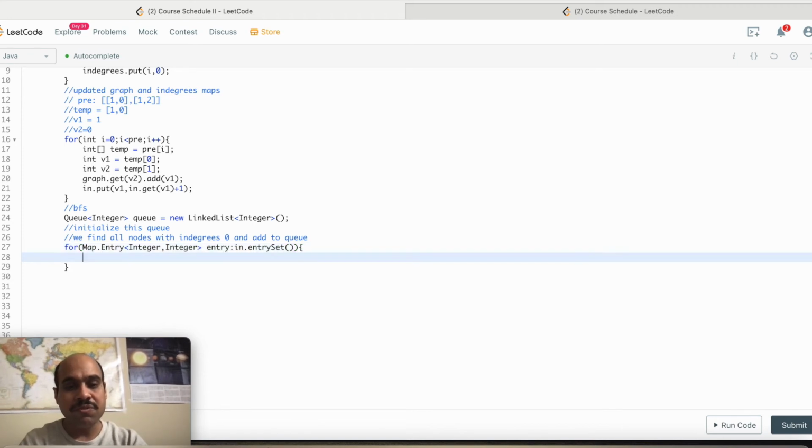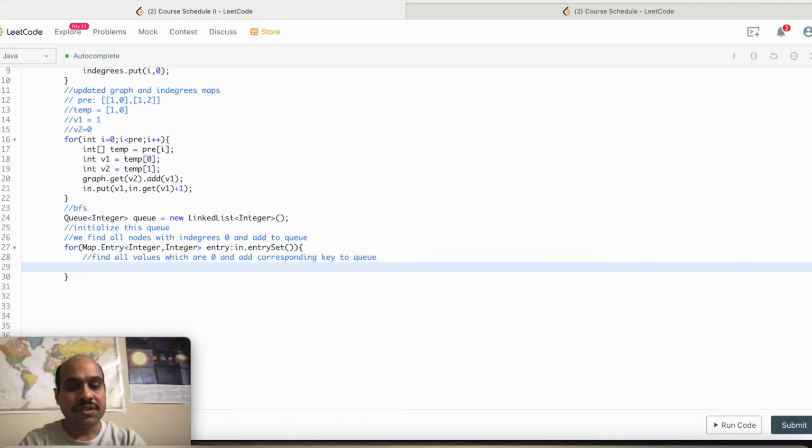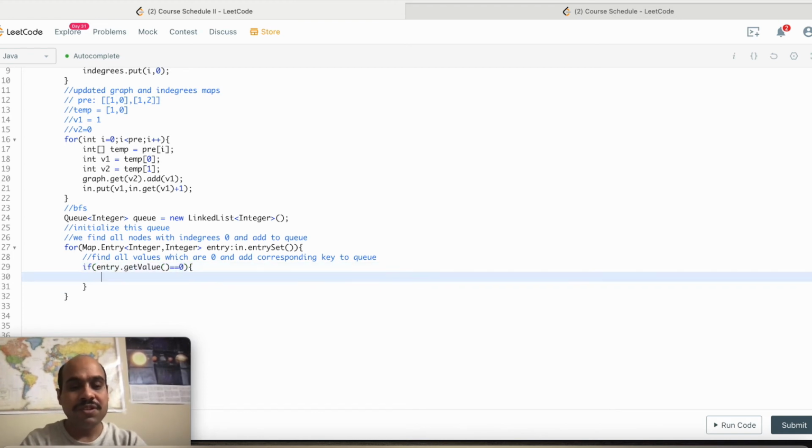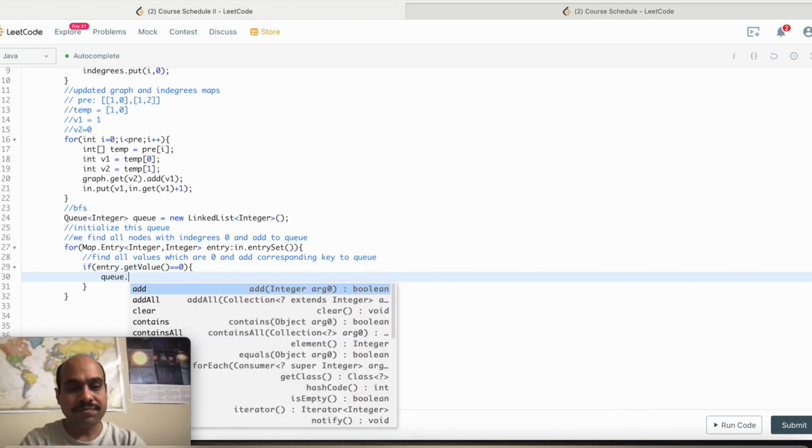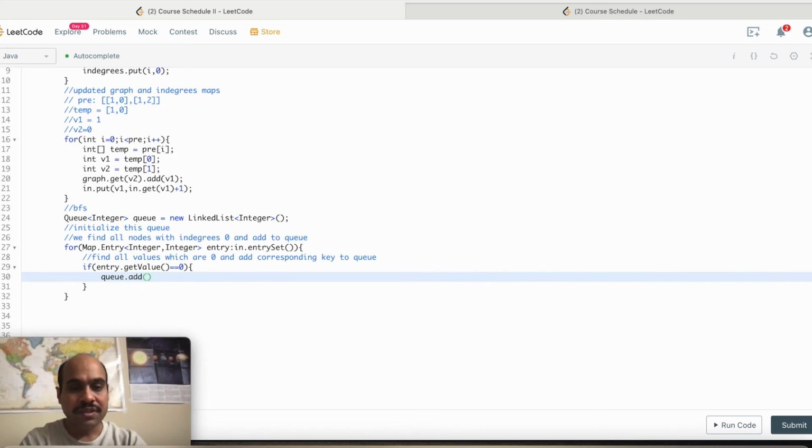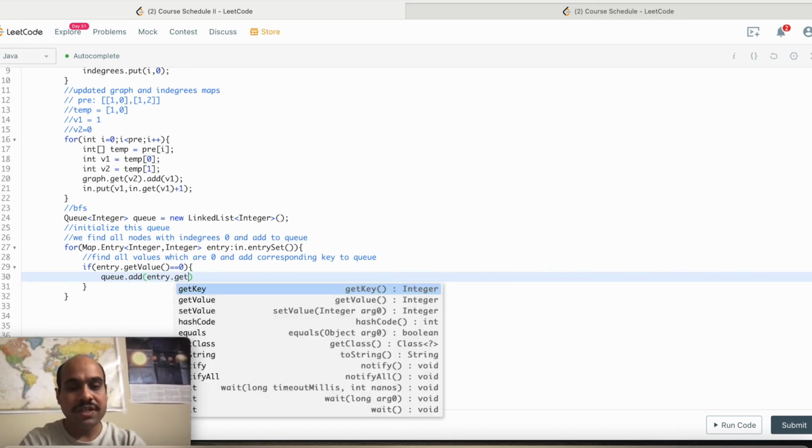So we will just loop through all key value pairs, and what we need to do is find all values which are 0 and add the corresponding key to the queue. Okay, if entry dot get value, so using get value on an entry you can find the value, equals 0, then simply we need to queue dot add entry dot get key.